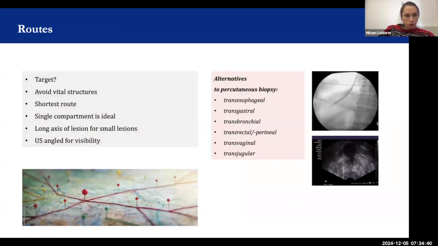You choose your route. What's your target? Make sure you know what your target is. Choose your target wisely. Avoid vital structures. Of course, try to pick the shortest route that's feasible. Try to stay in a single compartment. So if you have a retroperitoneal lesion, try not to go transperitoneal, for example. And for small lesions, take the long axis. That way you reduce the injury of the